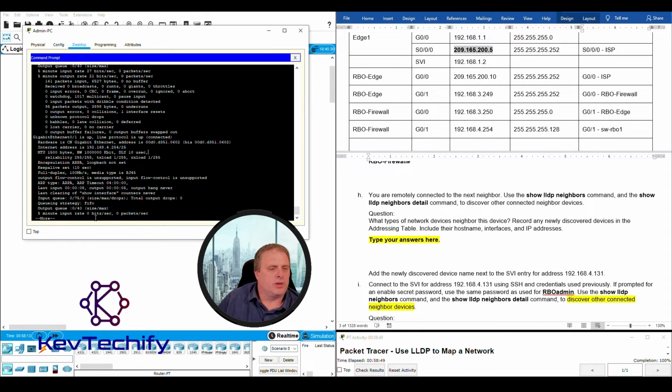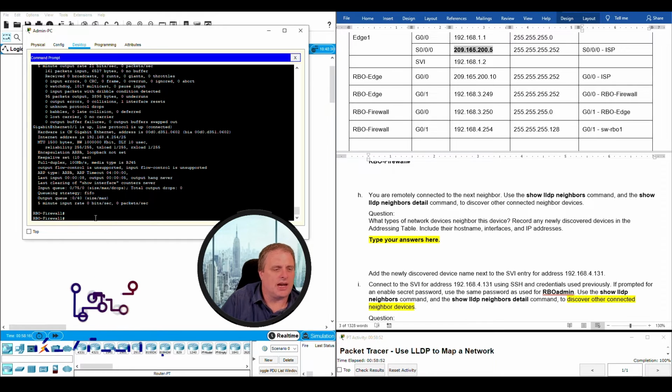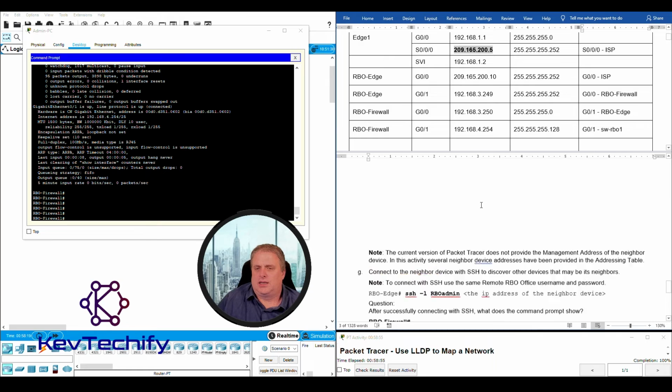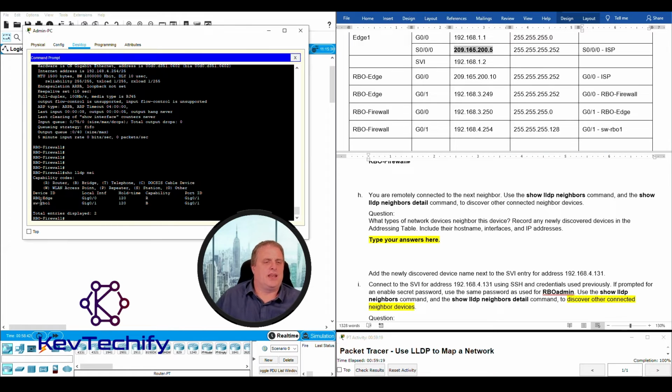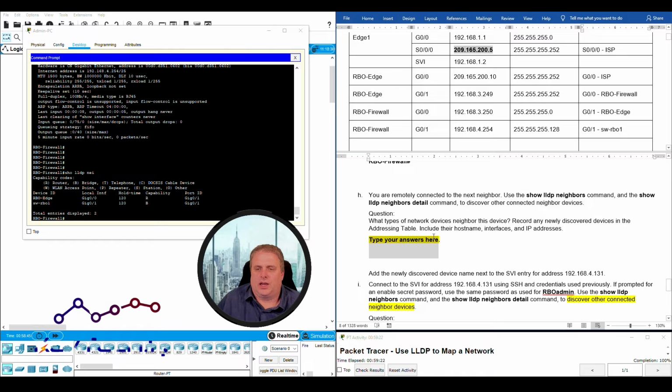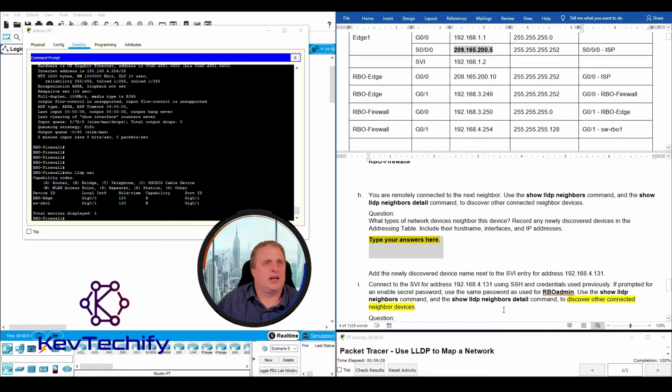We are still in the middle of a show command here. I'm just going to hit Control C to exit out of it. Back to our question. What types of network devices neighbor this device? Well, we had a router here and an edge. Where did we get that information? Well, I'm going to go ahead and enter the show LLDP neighbor command again. And it gives us that information here. Okay. So what types of network devices neighbor this device? Well, we have a router, which was